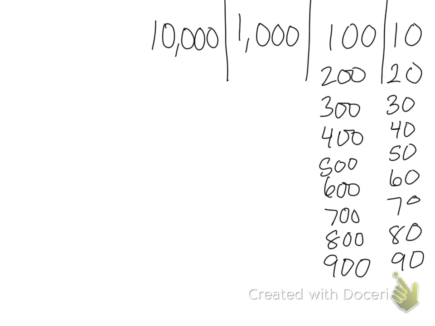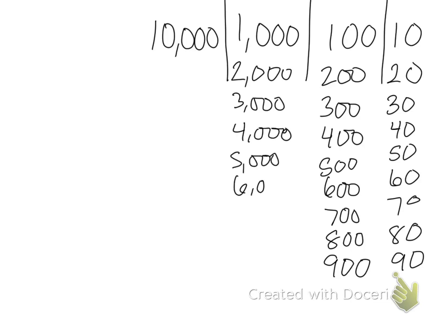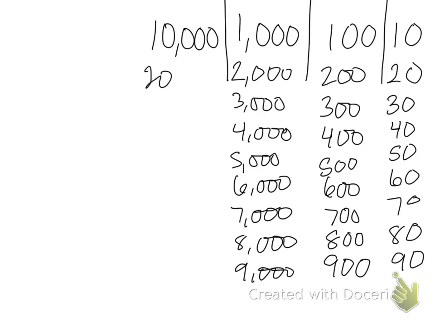Okay, let's say the multiples of 1,000 to 10,000. So we have 1,000, 2,000, 3,000, 4,000, 5,000, 6,000, 7,000, 8,000, 9,000. And the next one would be 10,000. So let's list the multiples of 10,000. So 10,000, 20,000, 30,000,